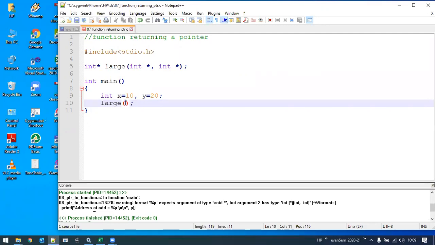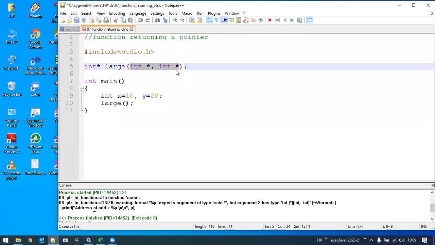What can be the actual parameters here? Can anyone tell me? Two actual parameters I want to pass here. So what could those two be? Look into the prototype and then tell me the function call statement I need to write here. What is this large function accepting?